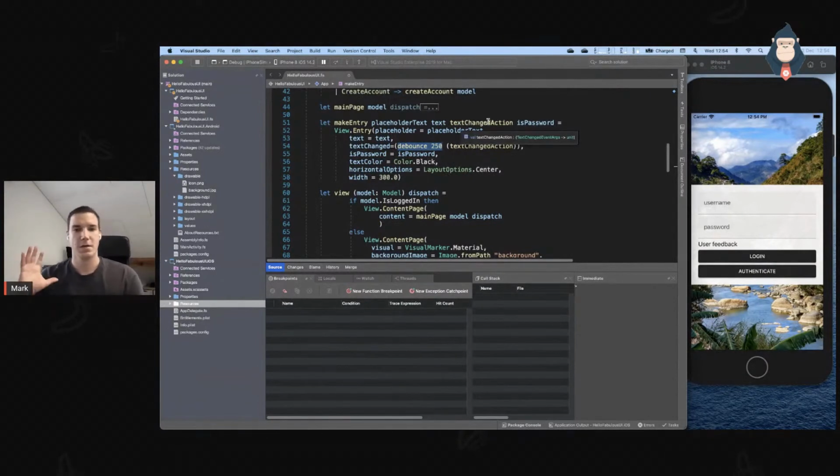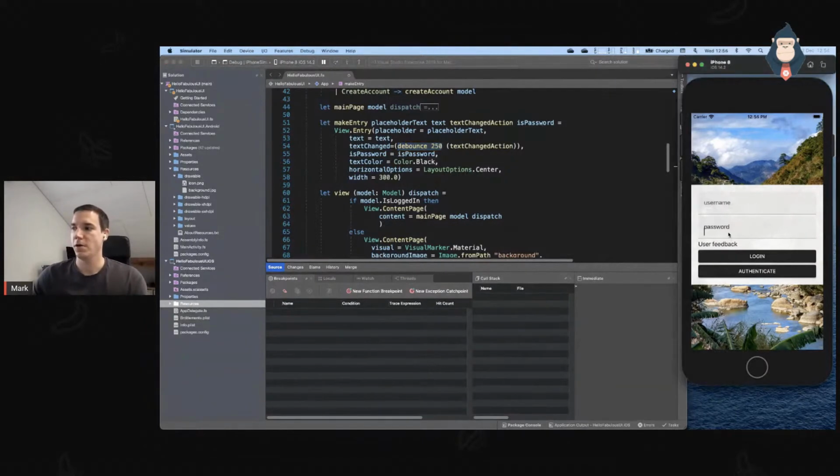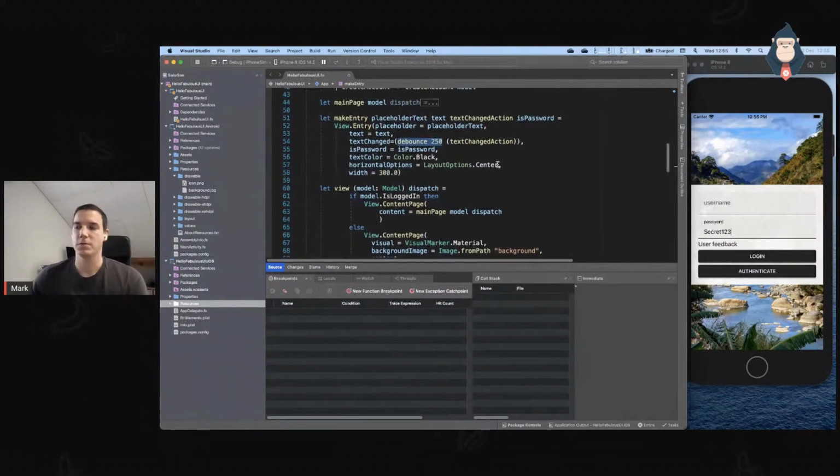This is actually, you can think of this as a lambda function. And then because I would like, if I type into here my secret password 123, I would like that this is actually not visible while typing. Okay, so we want to be good citizens, so I can easily enable this with the property on the input by setting its password to true. I got here some layout options and all that. And that's how I want to do my entry.